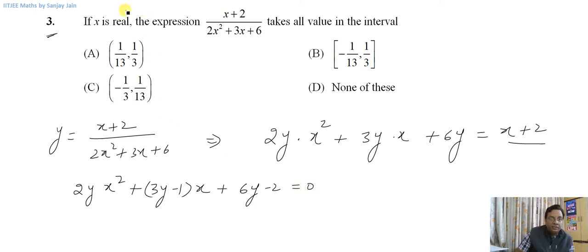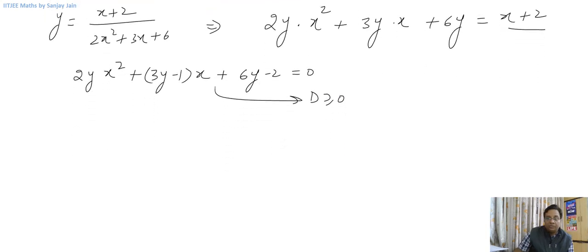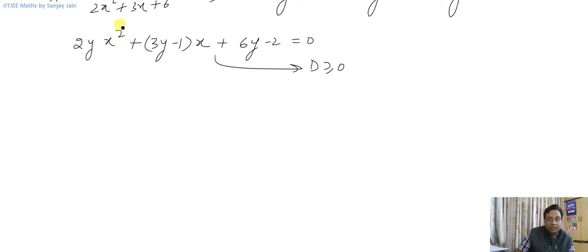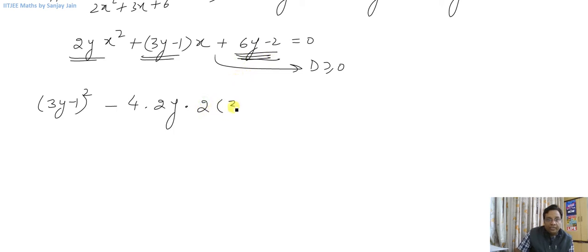Now again this is given that x is real, and for x to be real the discriminant of this quadratic will be greater than or equal to 0, right? This much we already know. Now let us put the discriminant of this quadratic greater than or equal to 0. So b², that is (3y − 1)², minus 4ac, that is 2y into this c. So from this I can take 2 outside and write it as (3y − 1) and put it greater than